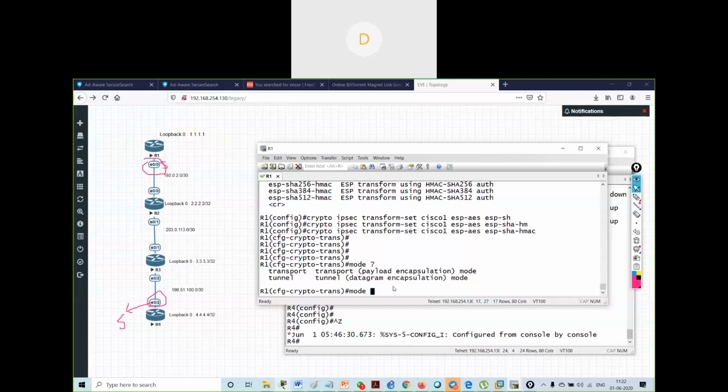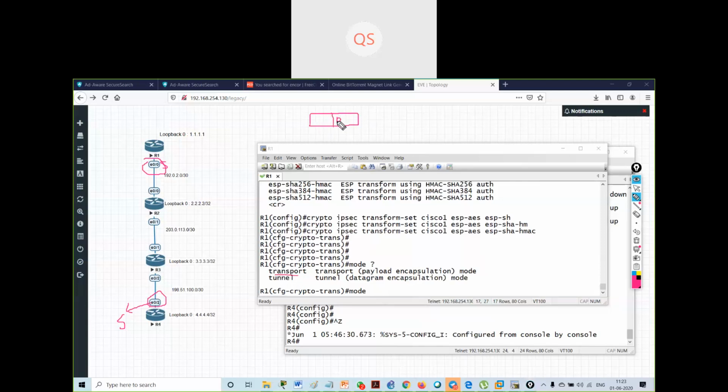The difference between tunnel mode and transport mode is this: whenever a packet is coming from a tunnel, if I am selecting transport mode, then the ESP, encapsulating security payload, comes into play. I will give you an example. Suppose I am having a packet. If I am selecting transport mode, this is my payload.